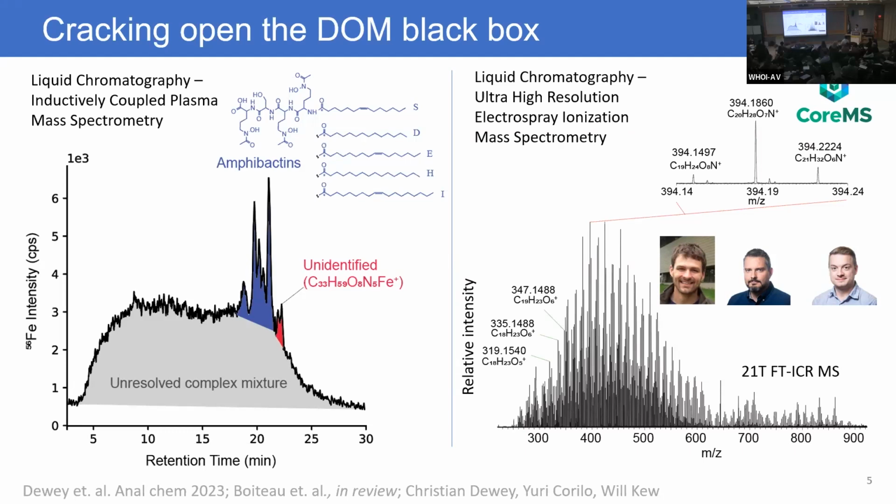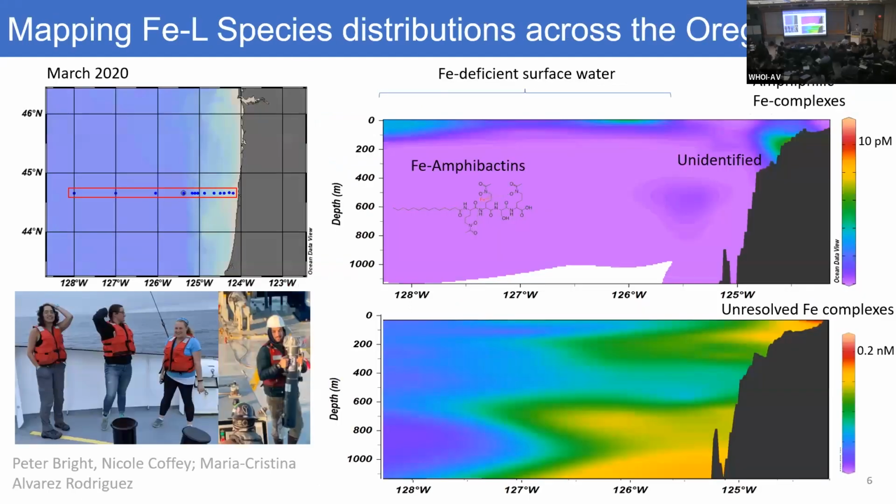In this case, these blue peaks were identified as amphibactins. These are specific microbial siderophores that are produced by certain bacteria in response to iron deficiencies as a strategy for solubilizing more iron and facilitating its uptake. We also often detect things that we can determine molecular formula for, but they don't match any molecule that is known to be produced by marine organisms, right? So these are orphan molecules that we can start to map their distribution, but they don't currently have a known biological function. This matches what we know about marine microbial ecosystems, that there's still a lot of unexplored microbial diversity, right? And a lot of the functions are still unknown.